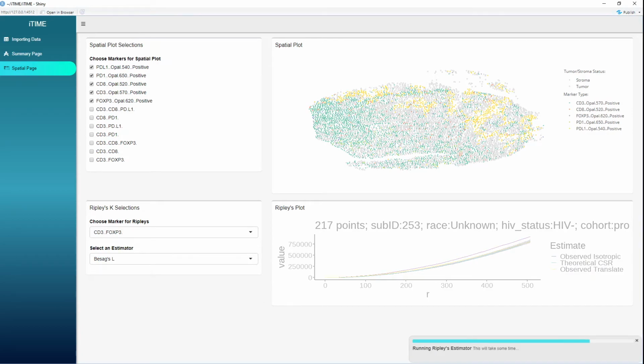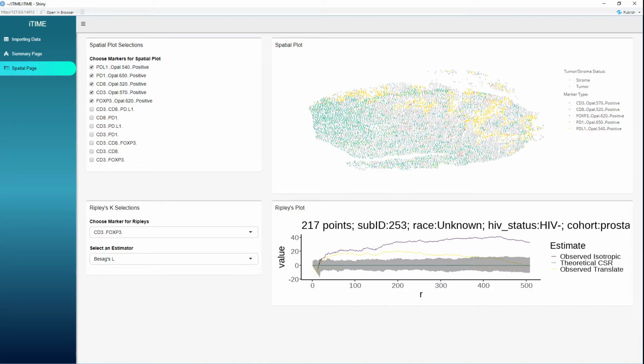We'll look at the different metrics. So we can look at Besag's L. We can see that above the line is clustering and below the line means dispersion. And so isotropic and translation are two different edge detection methods. So if there's a cell on the edge here and we look at this circle and we go R out, so however many microns out, we can see